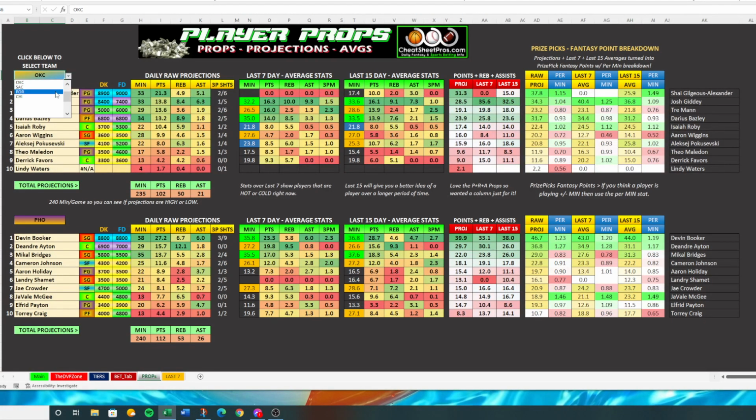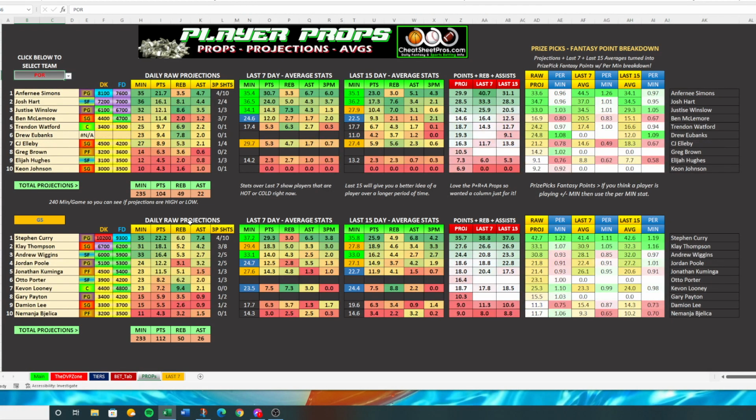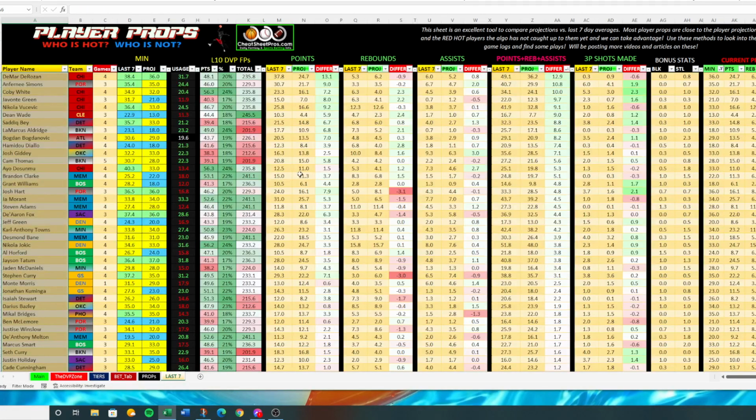And like always, you can click here, flip down, and see this for every team. And then you can tell there's 240 minutes in a game. So if they're projected here, and this says 235, there's about 5 extra minutes that needs to be spread out that didn't make it in there. Last 7, this is what we use for our player props. If you've seen any of our YouTube videos, this is the place I go to when looking for PrizePicks